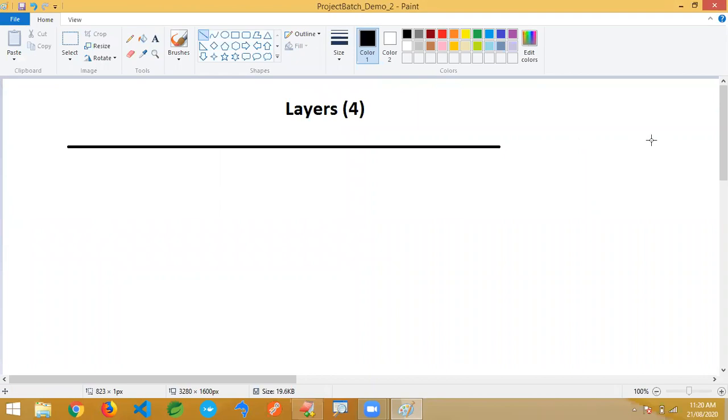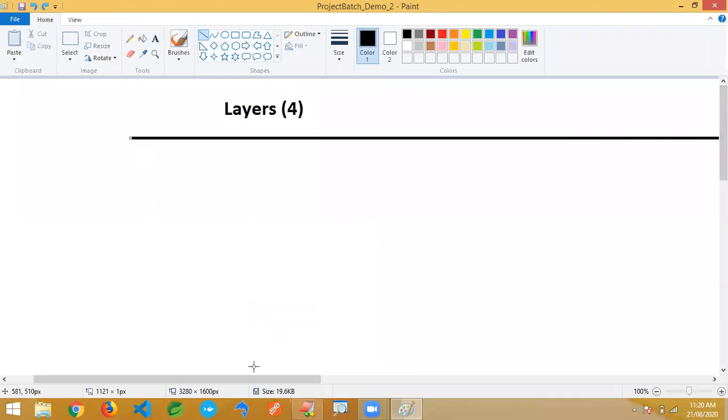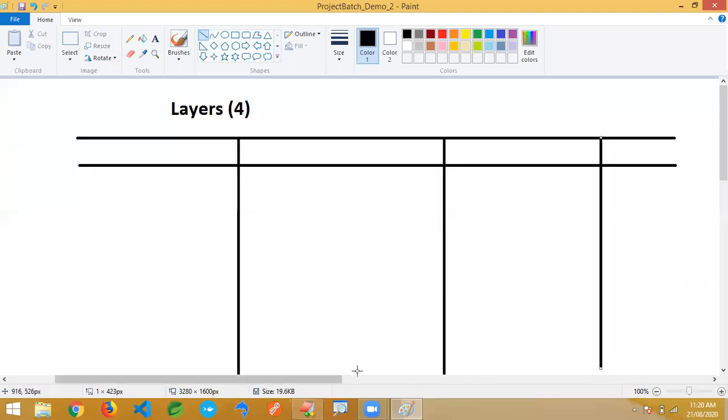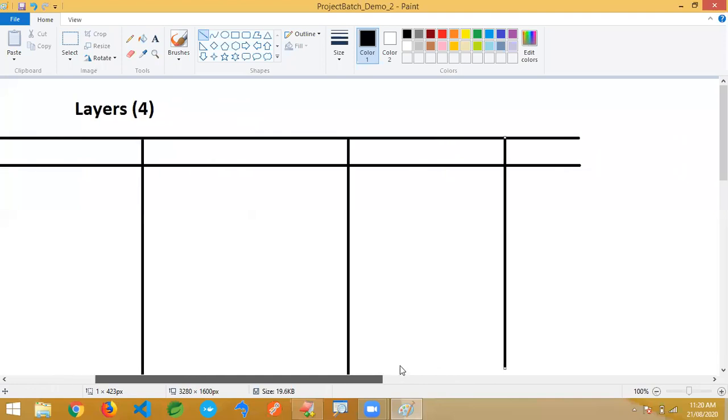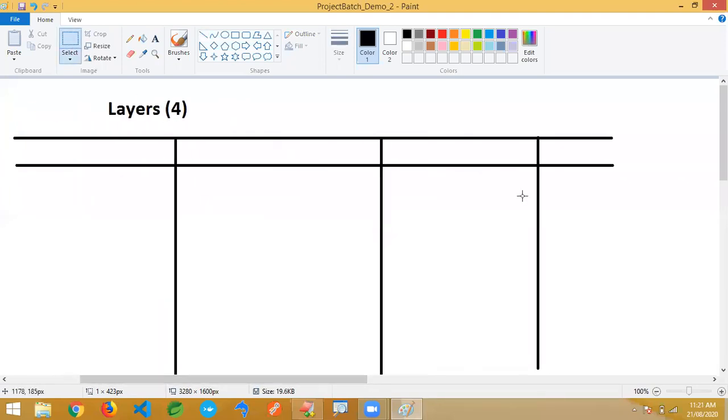So there I'm taking the layers design, how it is going to look. Observe carefully, we'll have different layers: presentation layer, service layer, data access layer, and integration layer. As of now, I'm not involving the integration layer; I'll show you a separate design.